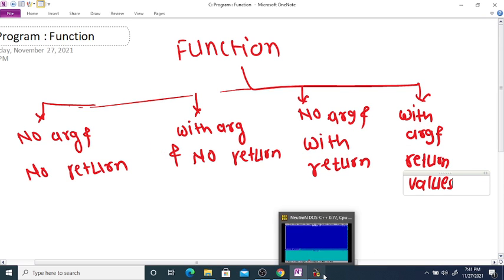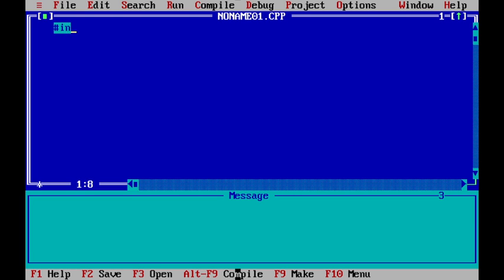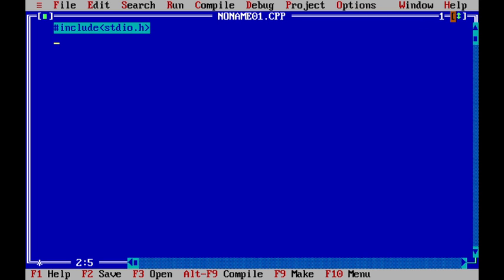So first we are going to discuss no argument and no return. We are going to write the addition of two integers using a C program. So include stdio.h, then include conio.h.